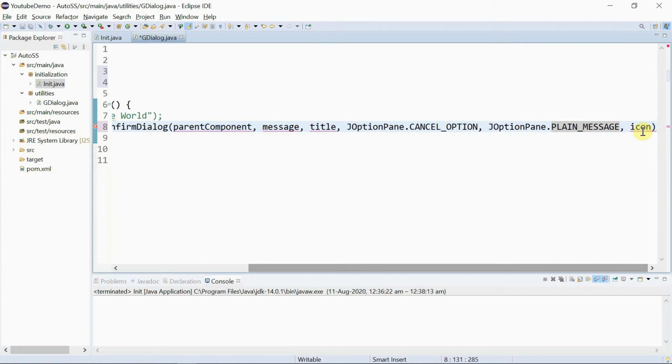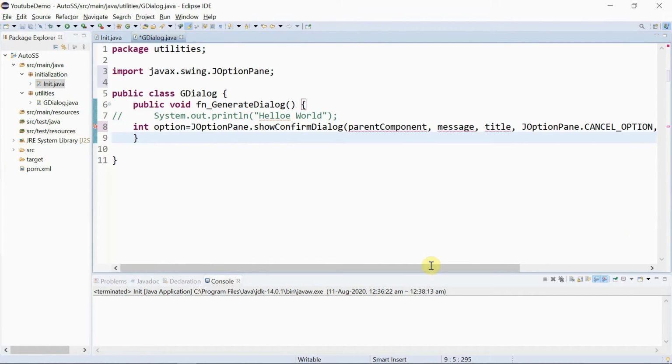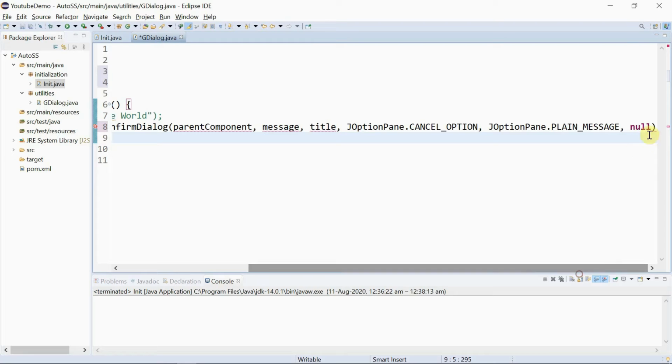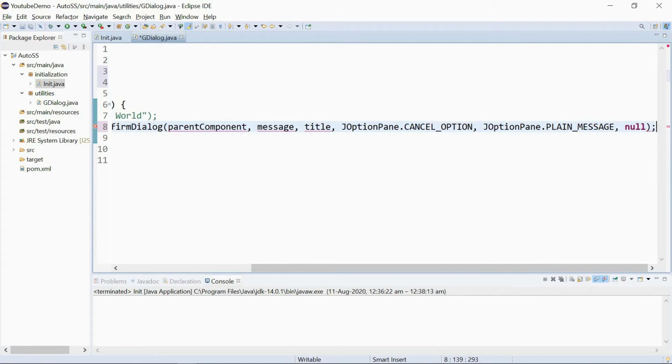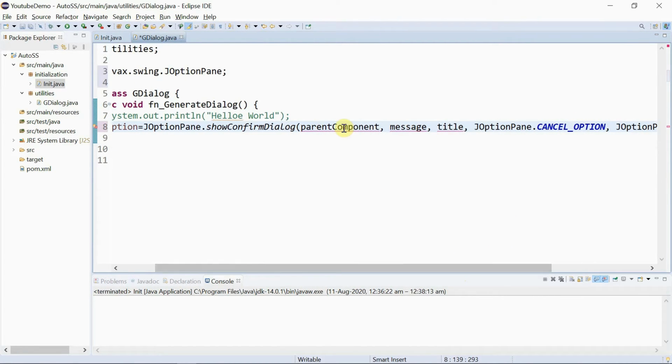In the dialog box I'll select plain message. Now icon is nothing but if you want to include any certain images in your pop-up, then you can select icon. However, I will make it null for the timing, so that we'll just quickly see how this pop-up looks. I'll give a semicolon here.